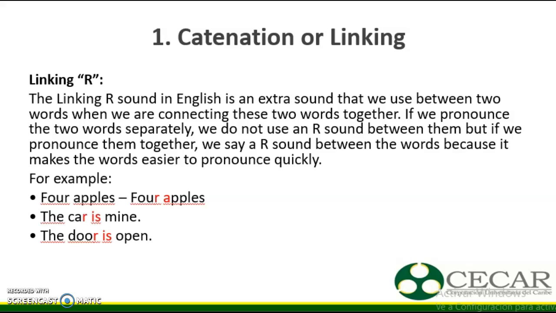If we pronounce the words separately, we do not use an R sound between them, but when we pronounce them together, we say an R sound between the words because it makes the words easier to pronounce quickly. For example,